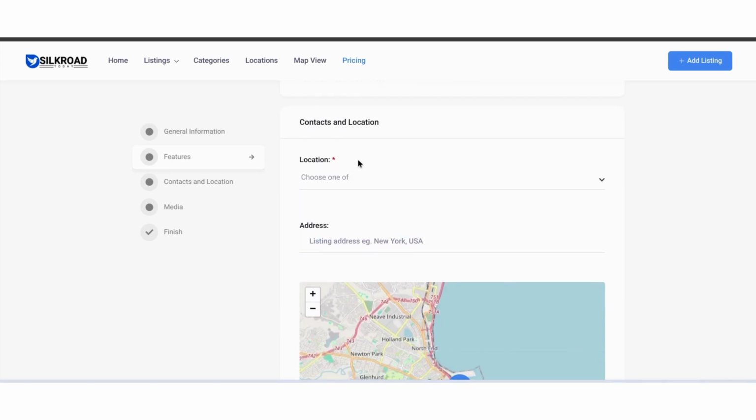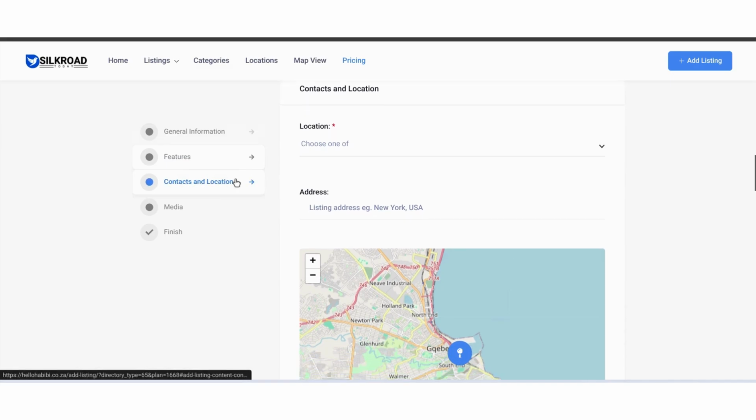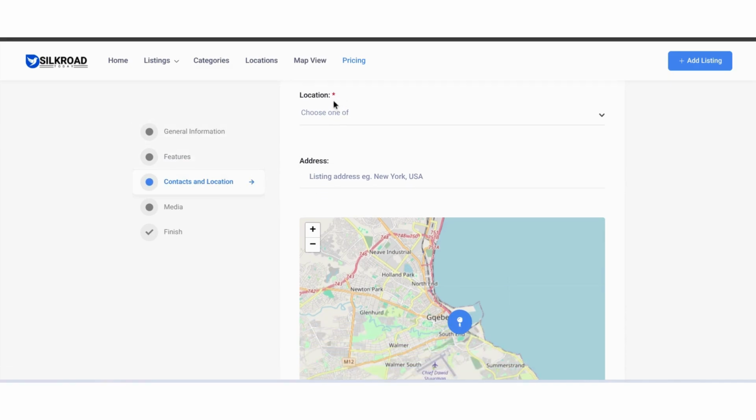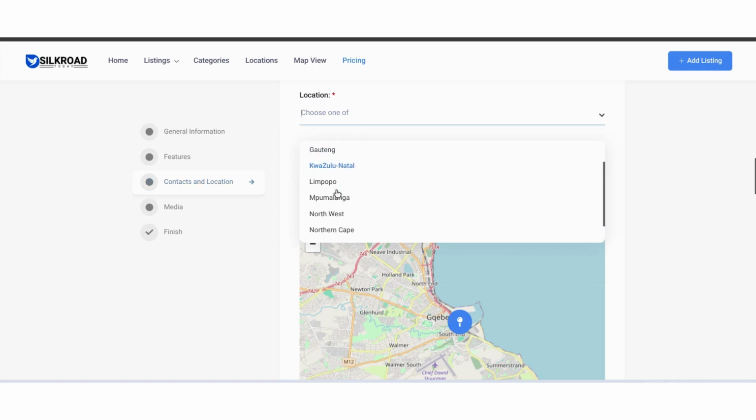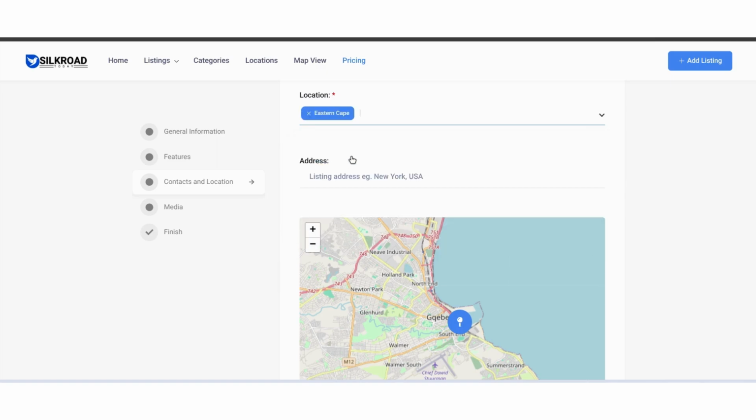Now we are visiting the contacts and location area. The location is compulsory, red star. The address, not compulsory, but of course people need to know where they are going. What is the space that they're going to visit? For now I'll say Eastern Cape, and the address